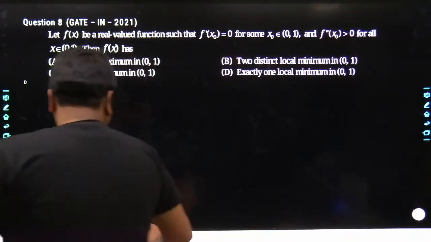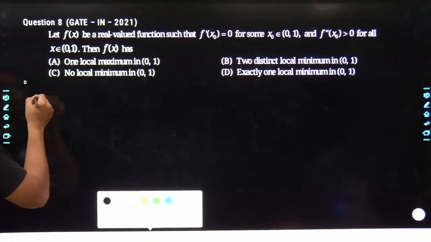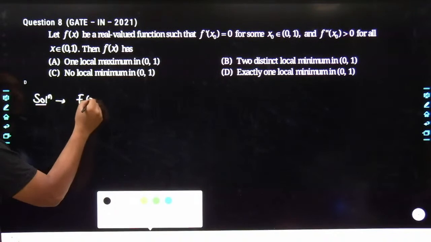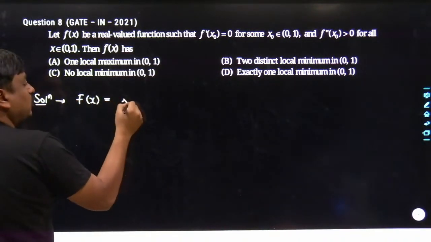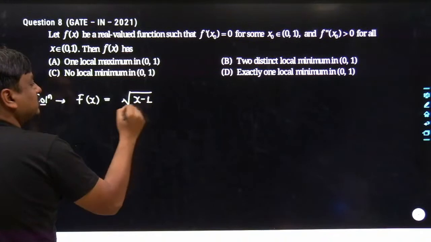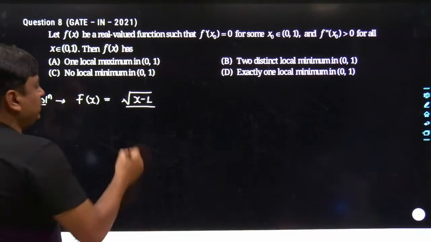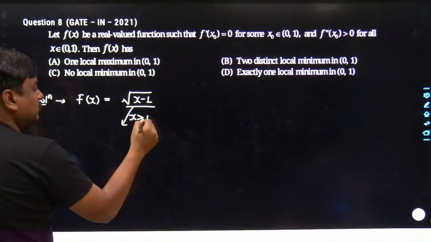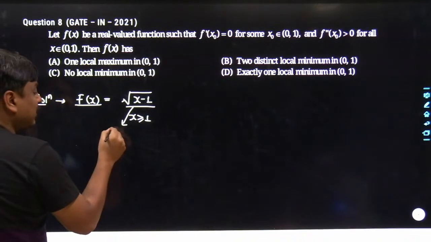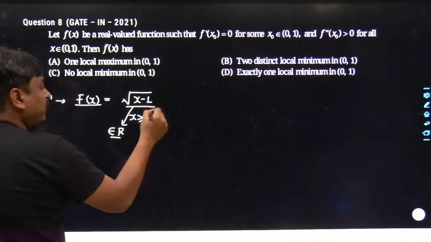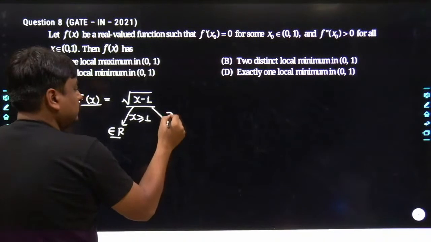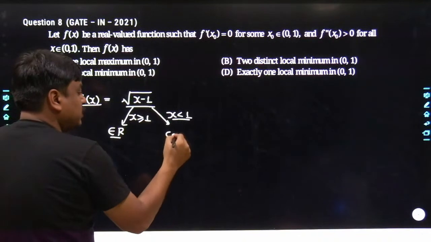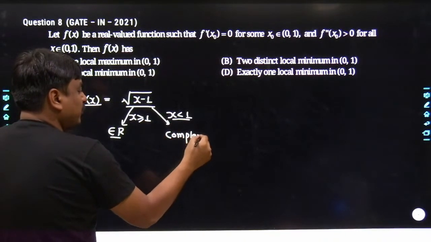I have seen many times that students have doubt over this statement. Like if you have a function f of x equals root over of x minus 1. My dear friend, if the value of x is greater than or equal to 1, in that case f of x would be real valued. If x goes lower than 1, the result we get is going to be complex in nature. That means this sort of function has been ruled out.